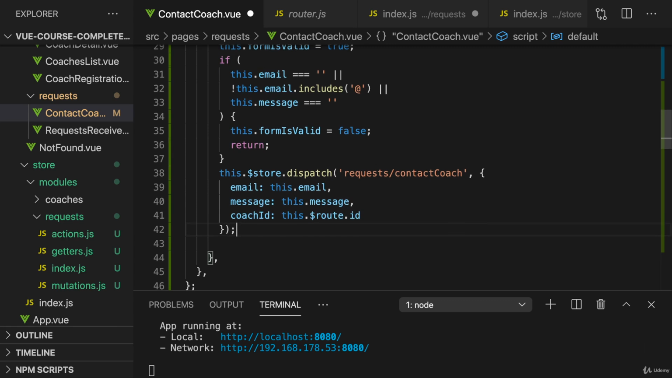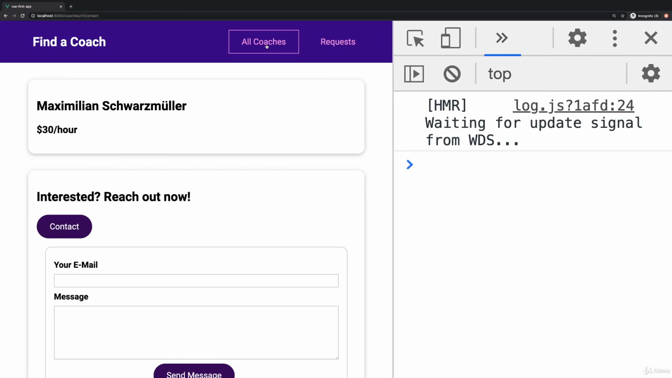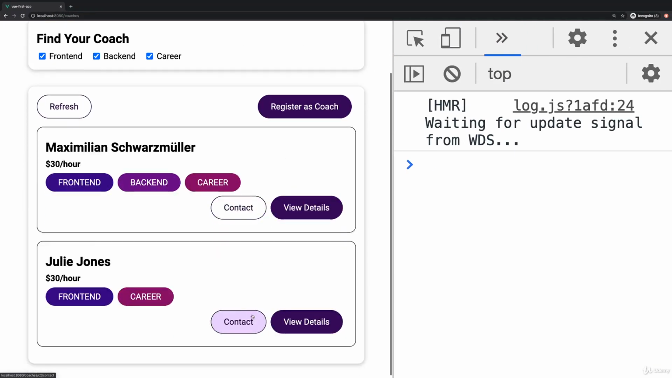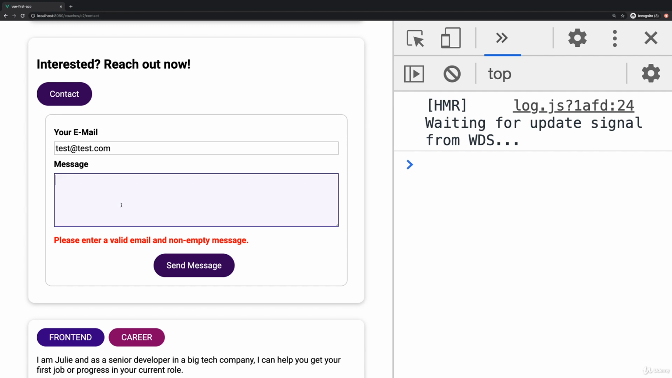Now, last but not least, I then also want to navigate away from this page, so we can do this with this router and then replace maybe instead of push so that we can't go back to this page thereafter and go to /coaches. But it's up to you where and how you want to navigate. With that saved, we should now actually be able to send requests. So if we contact a coach here and we fill out this form, first of all, if it's invalid, we get an error message. But if I fill it out thereafter,